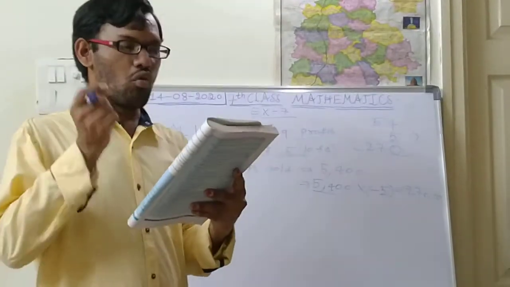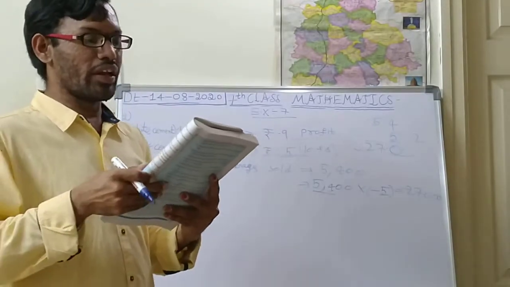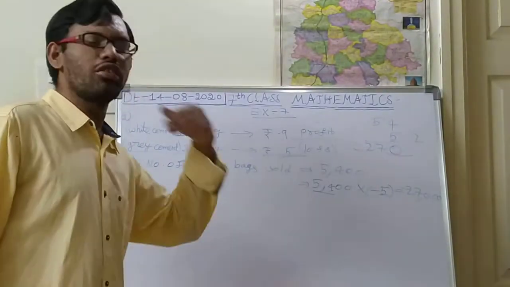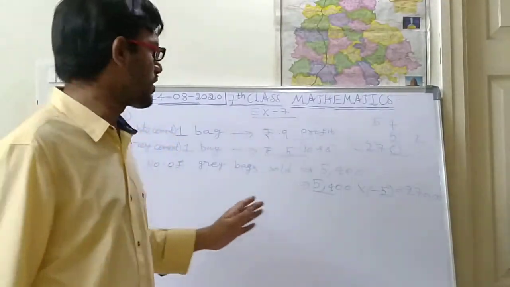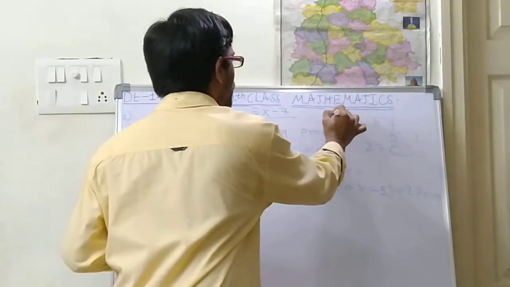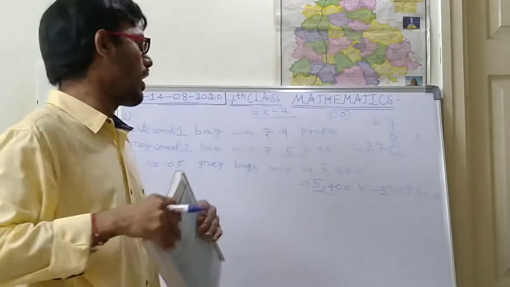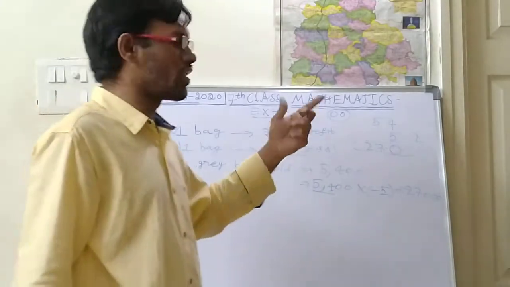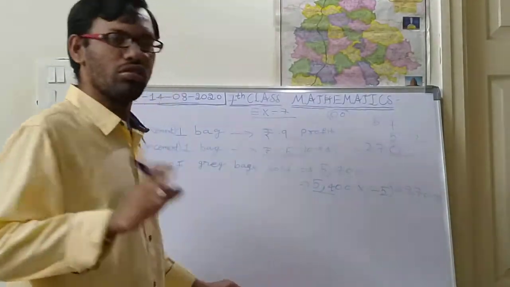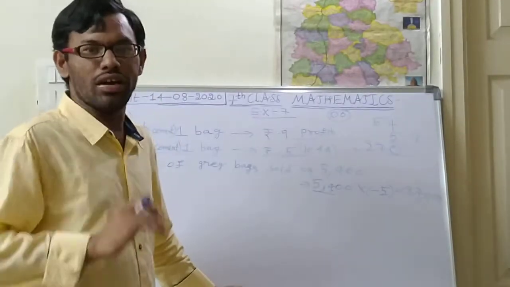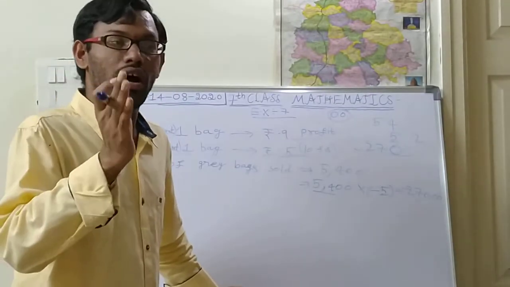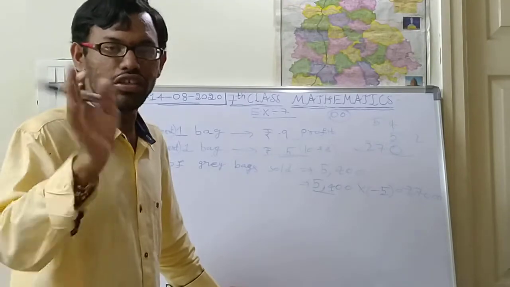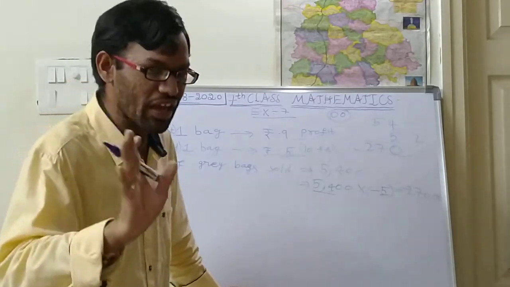So what is the question? What is the number of white cement bags it must sell to have neither profit nor loss? If they don't want to get either profit or loss, suppose they bought one bag for 100 rupees and sold it for the same 100 rupees, will they get any profit or loss? There won't be any extra money. Okay, suppose for example you bought a chocolate for 5 rupees. After buying that one, you give that chocolate to your friend or to your brother or sister. For how many rupees? For the same 5 rupees.